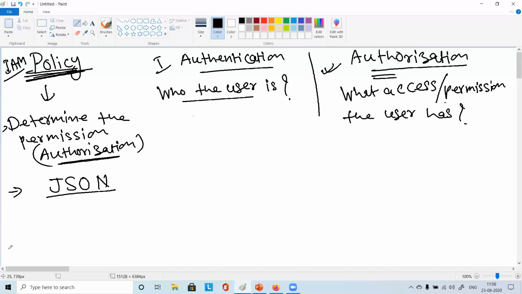JSON we had written. We had created some generator or something. We had used policy generator. Yes. Sridevi, you are familiar with JSON? Yes, yes. Okay, okay. So this is JavaScript